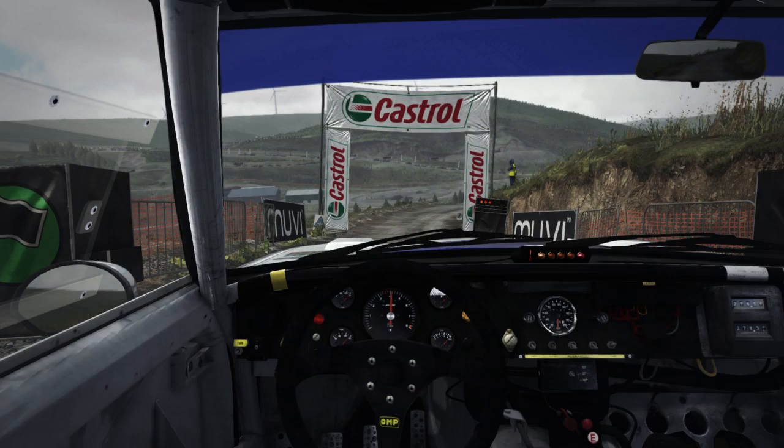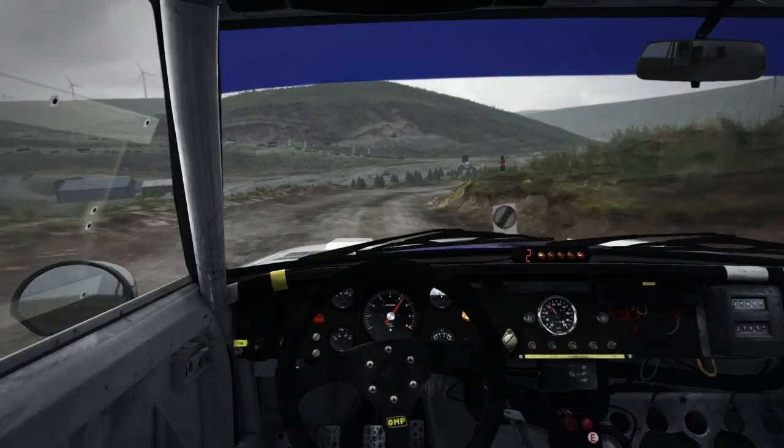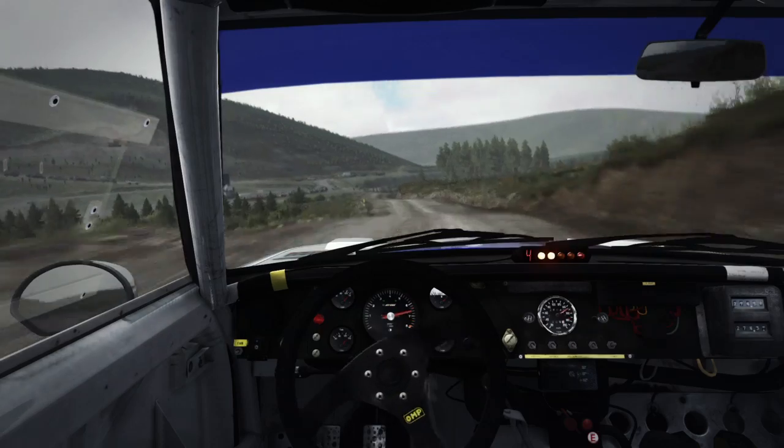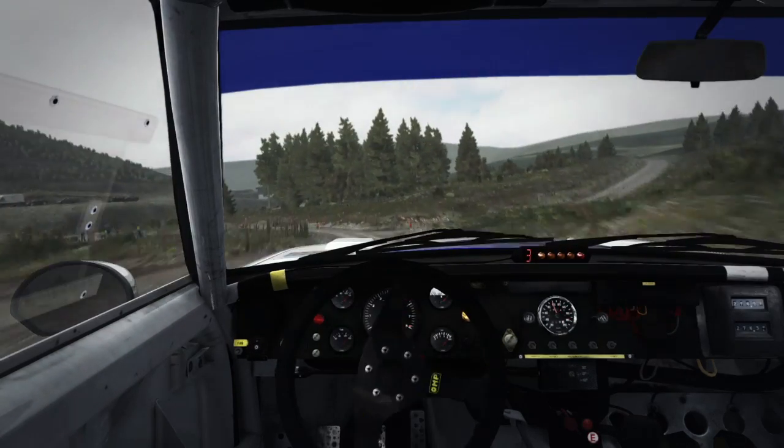Five, 4, 3, 2, 1, go. Right 4 long, 60 over bumps. Left 6 and right 5 long over crest, continues past junction, into caution left 6 past junction, left 3 through gate, water splash, left 4,